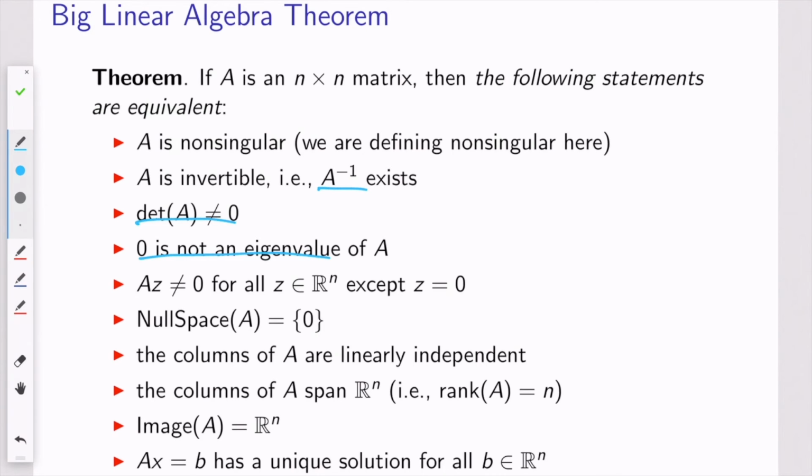Equivalently, the only vector for which Az = 0 is the 0 vector. Equivalently, the null space of A is 0. Equivalently, the columns of the matrix are linearly independent. Equivalently, those columns span the space you're in, R^n. Equivalently, the image of the matrix is R^n. And equivalently, there's a single, unique solution to Ax = b, no matter what b you choose, so not 0 or infinity. And finally, equivalently, if you do Gaussian elimination, if you do row reduction, you can reduce A